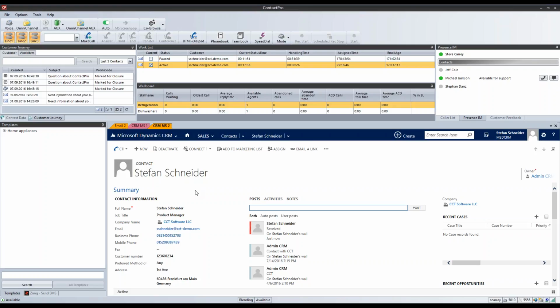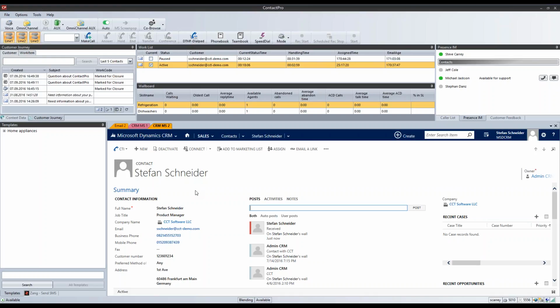Just to give you the intro, Stefan and I were going to run through a couple of scenarios now, step by step, to show you what is required from an agent perspective when he's working on an email. There's an incoming call as well, because while he's working on the email, he's required to take a call, because there is a long queue for voice calls. So we can go into that multitasking scenario, but before we do that, we also wanted to highlight